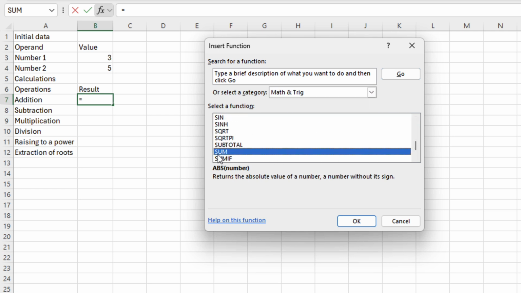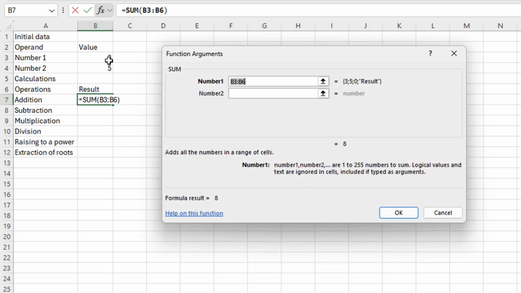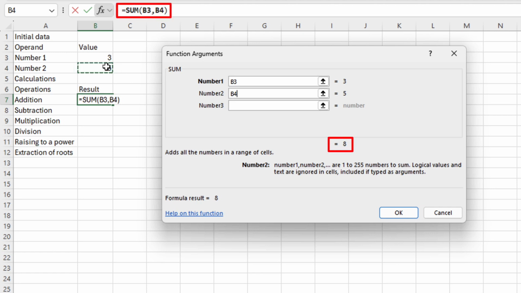This function has arguments, which in our case will be the operands from the initial data block. The arguments of the function are separated by commas. Select the function and then specify the arguments using the mouse. The formula will be displayed in the formula bar and the result of the calculation can be seen in the